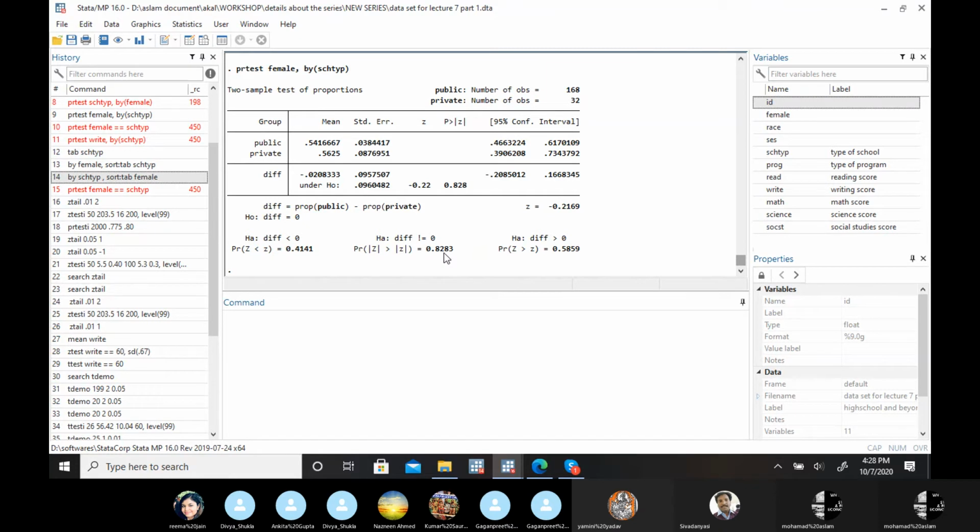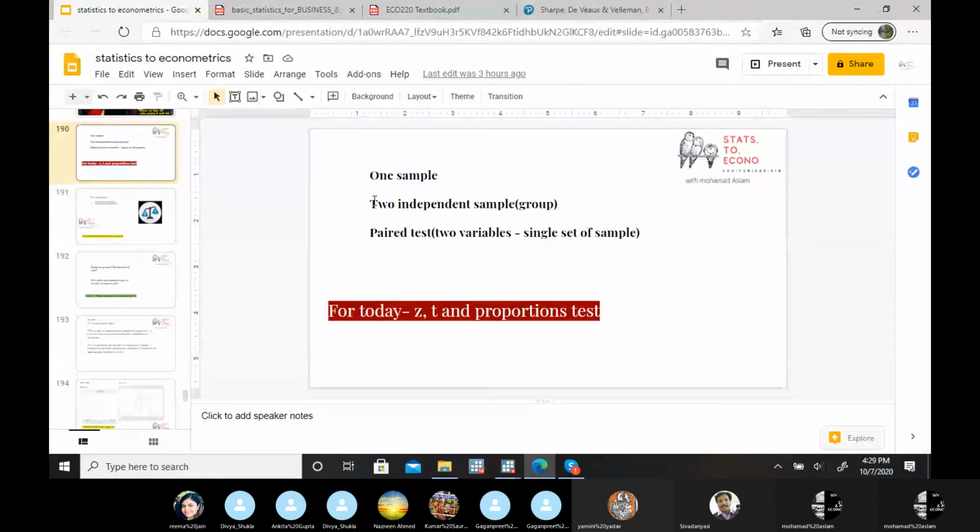If you try to compare 3, like a case of 3 variables or 3 categories, then you can't apply Z and T tests. For more than 2, we have the F test approach. That you have to keep in mind. So they are restricted to two comparisons for two independent sample tests. This is how you compare the proportions. I hope now this second one is also clear: two independent sample groups for Z, for T, and proportion test.